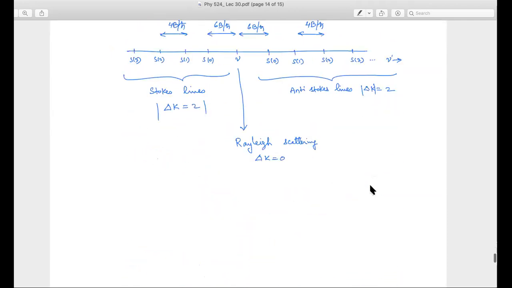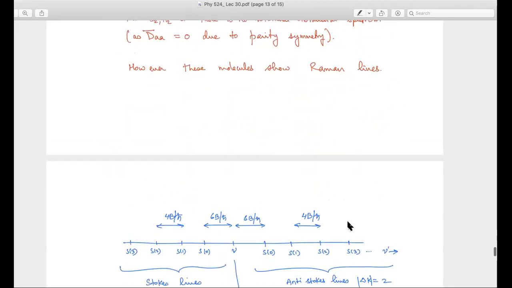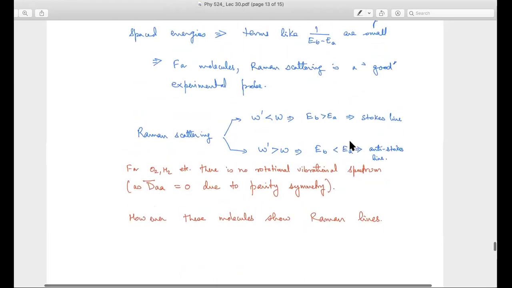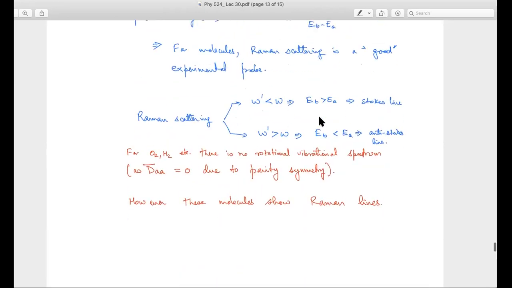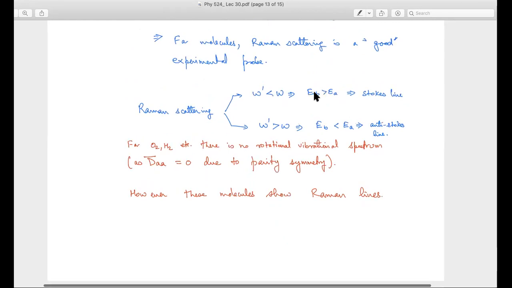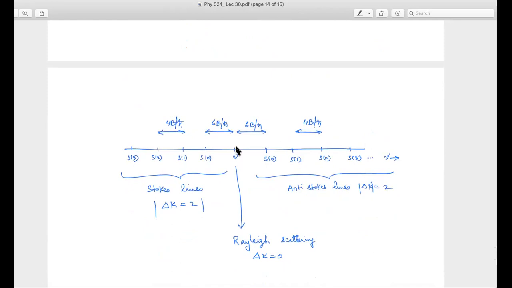Okay, so if I just take this picture of Stokes and anti-Stokes lines, let's convert it into this picture, in terms of nu. So I will have some vibrational transition around some h bar omega naught, let me call it h nu basically. And then I'll have these Stokes and anti-Stokes lines. For Stokes lines, EB has to be higher than EA, so Stokes lines will always be higher energy, or to the right of this h nu.